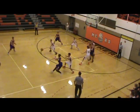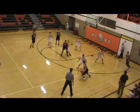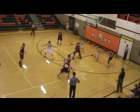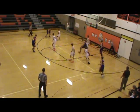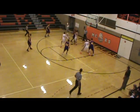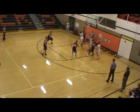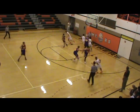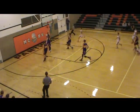And here is Bayfield with the basketball. Trey Lane has it. They'll hand out top of the key to Preston Hardy, 6'6" junior. This Bayfield squad has some big guys. We've been talking about that in the pre-game interview. And of course, MHS not too big so far here on the season, or for this year actually. So the Buccaneers have their hands full tonight, but they do have a little bit of a run going, and